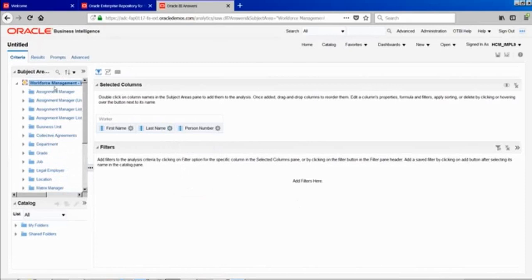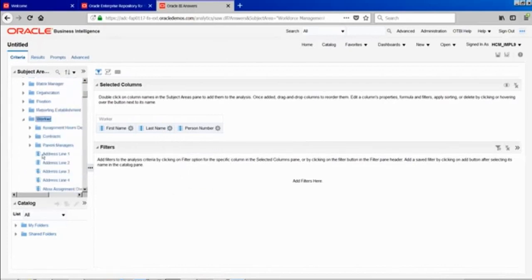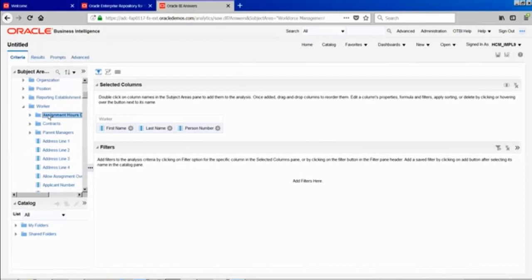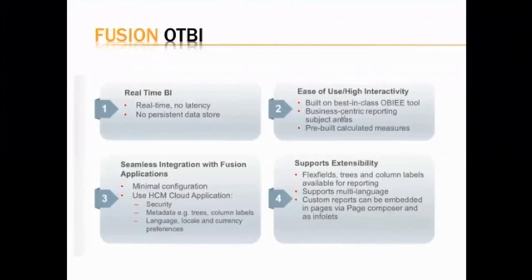If a user has access to the subject area, then typically that user has access to multiple dimension folders. Every dimension folder is one query, and every dimension folder has a set of columns or sub-dimension folders, and those columns we can just drag and drop onto our analysis and start creating the reports. So that is the subject area Oracle has created as business-centric reporting subject areas. Oracle came up with what reporting subject areas are necessary by contacting best-in-class functional people, and they built